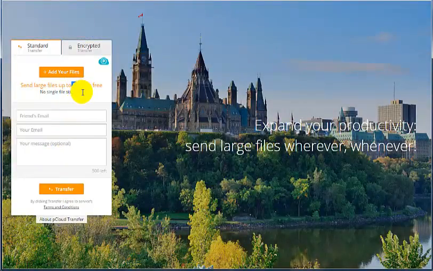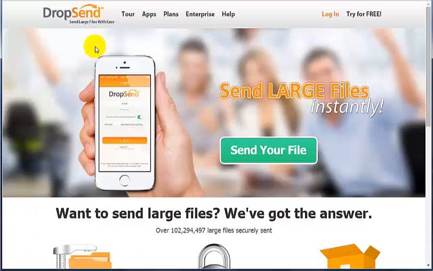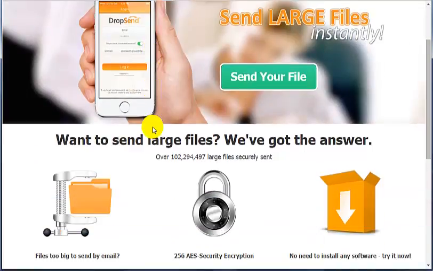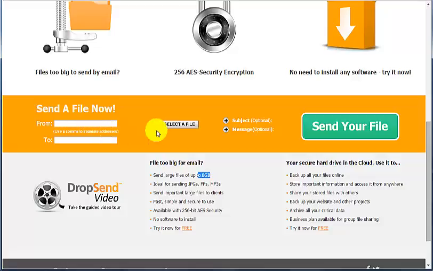But if you have something a little bit bigger than that, another site that I use is something called dropsend.com. It works exactly the same way. You pretty much just select a file, and you put the recipient address, and then you just go ahead and hit send the file. The thing about this one, though, is you can send files up to 8 gigs, so it's an additional 3 gigs that you can send above the last site,